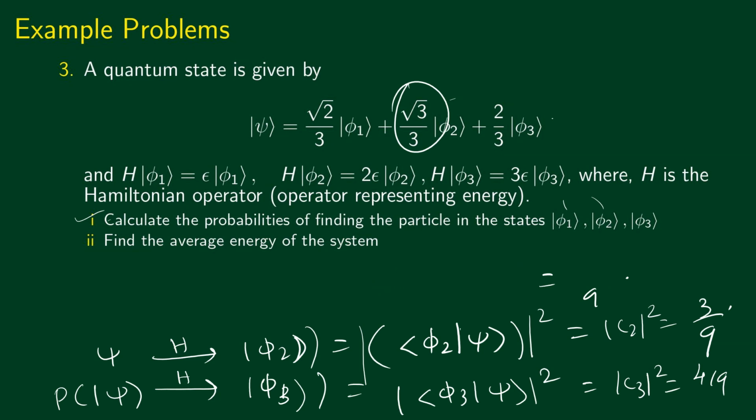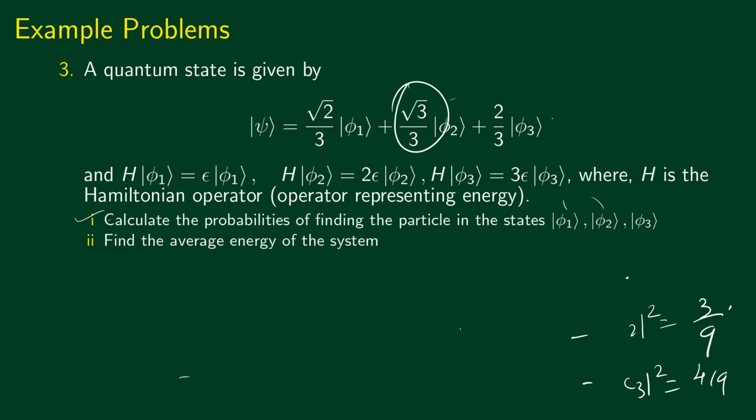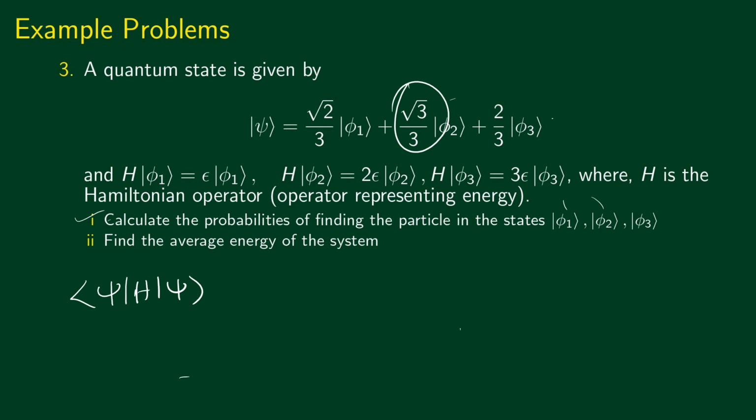Now the next part of the question, the second question, is to find the average energy of the system. We know how to find the average energy. It is bra psi H ket psi. This is known as the expectation value or the average value. But since we have said that this is an orthonormal basis, this simply can be written